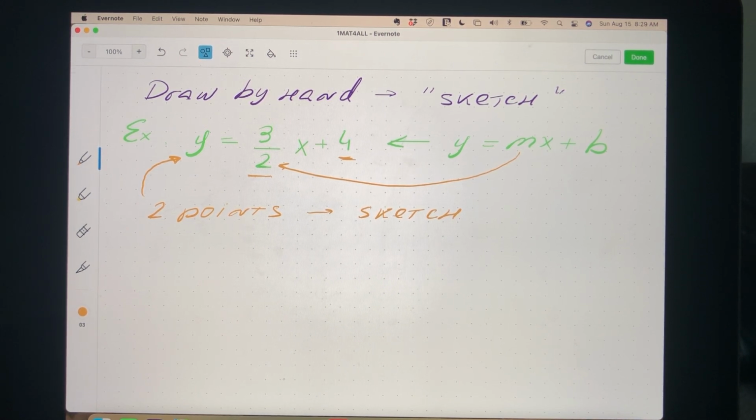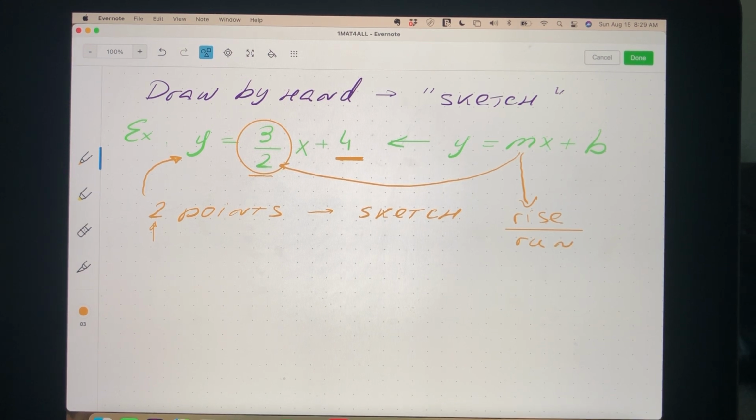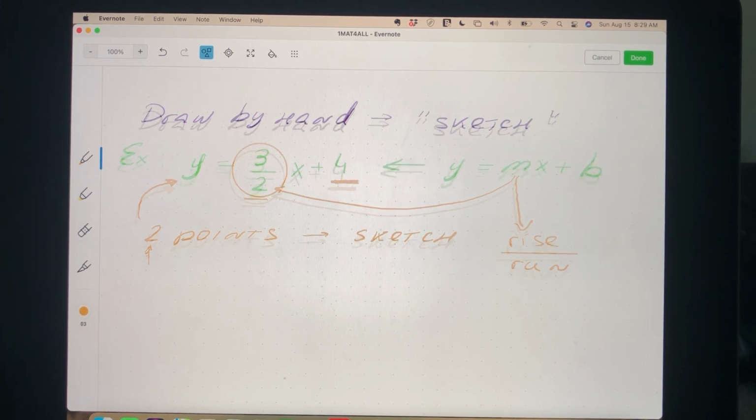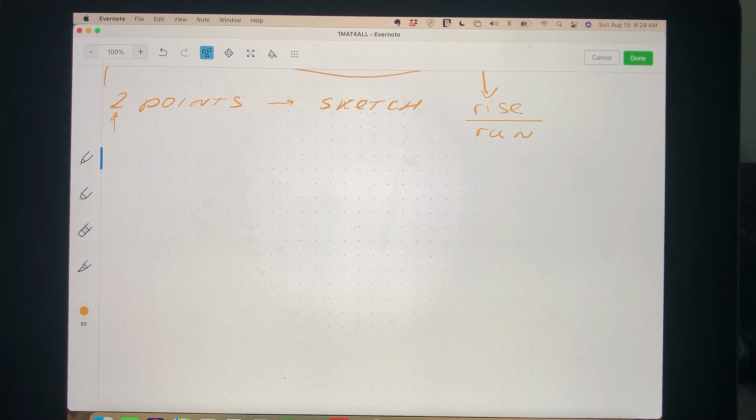First, we use the b as the y-intercept to place that point. That's our first point. It only takes 2 points, and this is the first. The second point comes from the slope, using rise over run. So m is rise over run. That will get us the second point. So let's have a look at it, see what it actually looks like in real life. So here is the coordinate axis,